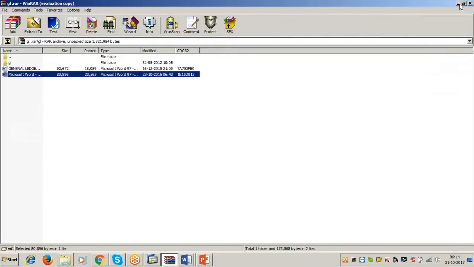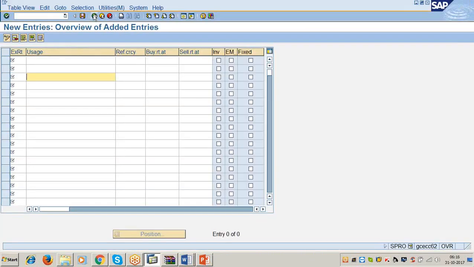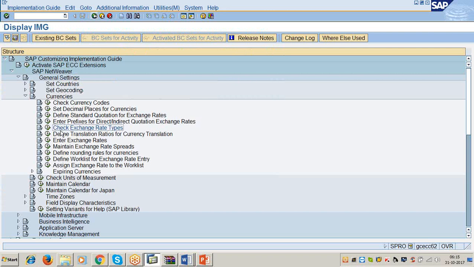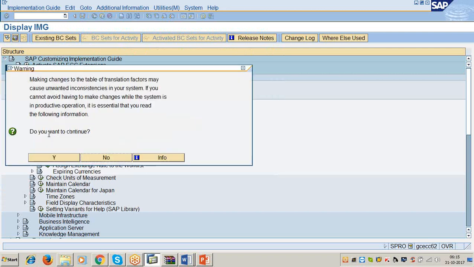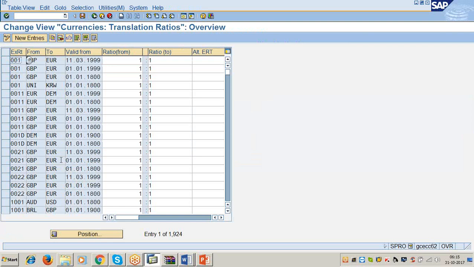Path is same as above. Define translation ratio for currency translation. Click yes on the message. And there are many people from India and US, right? So first to those who are doing the practice with the US company code, first write down.